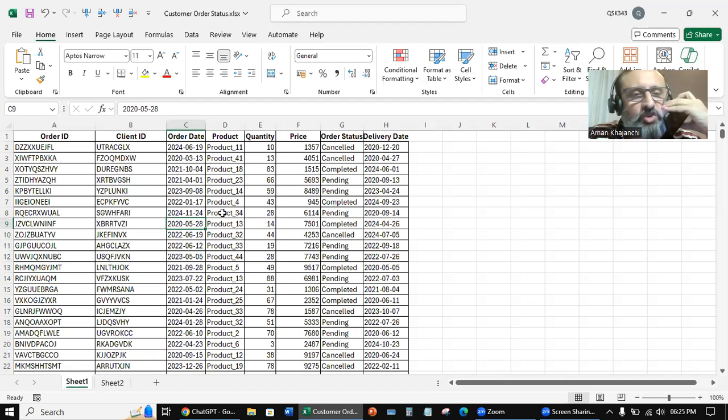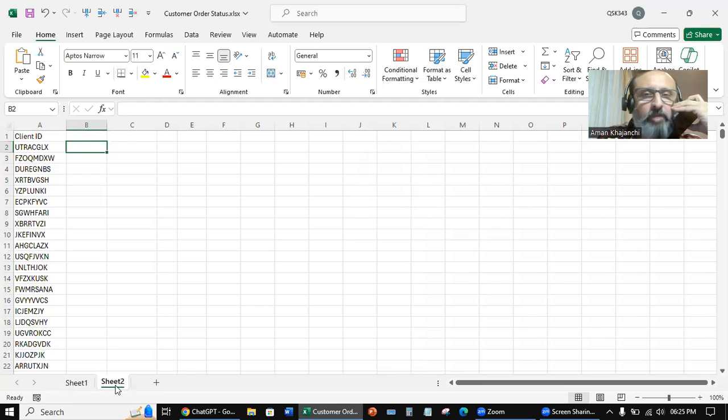In an Excel sheet, I have got two worksheets, namely sheet 1, which is order ID, client ID, order date, product, quantity, price, order status, and delivery date. Sheet 2 in the same workbook has only one column, column A, with the column header client ID. Here's what I want you to do. Look up all the client IDs in sheet 2,